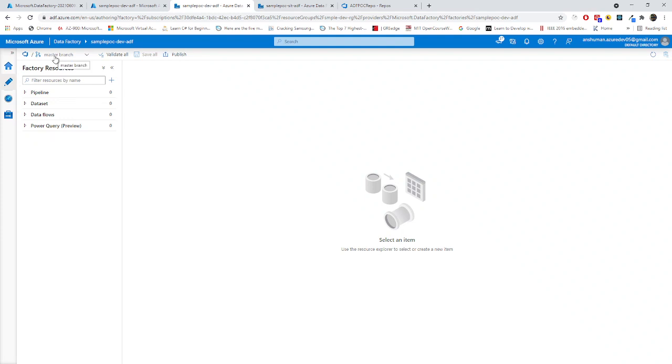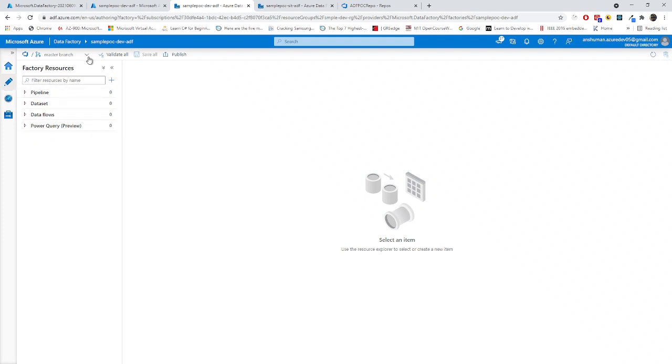And remember one thing, you can only publish from the collaboration branch. Suppose I have a feature branch, this publish button will not work. Microsoft has already defined all these things in their documentation, that this will only be valid in the collaboration branch, that is our parent branch. So I have nothing over here right now.